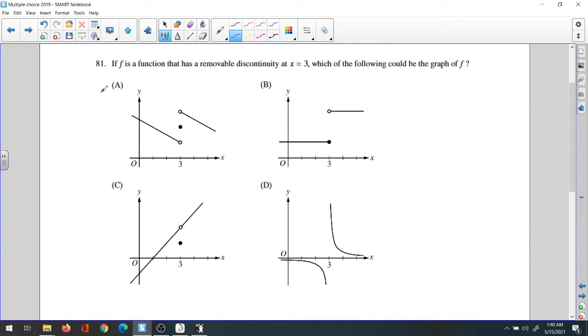Question 81. If function f has a removable discontinuity at x equals 3, which of the following could be the graph of function f? Look at all of that. If you look at that, what difference is there between A, B, C, and D? You're going to find that if we have a vertical line here and here,